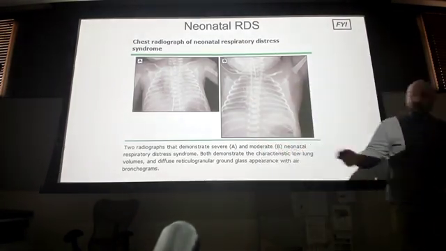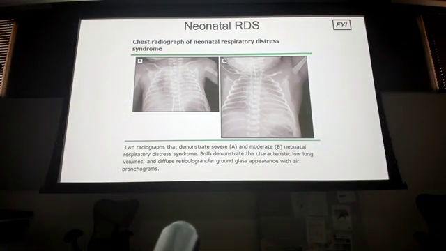And then on the left, you're starting to see that advance, right? It's becoming more whited out. So on that moderate, you're starting to see a little bit in this left lung, but now you're starting to see it in the right and left. And on that severe, you're starting to see a lot more air bronchograms, right? All this dark tissue surrounded by this hazy, whited out tissue.